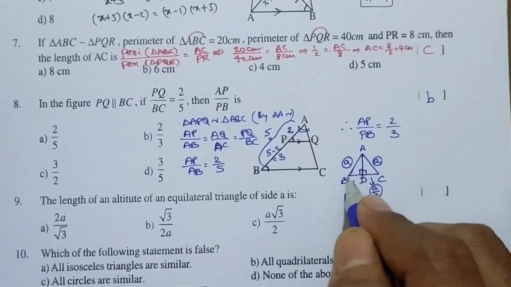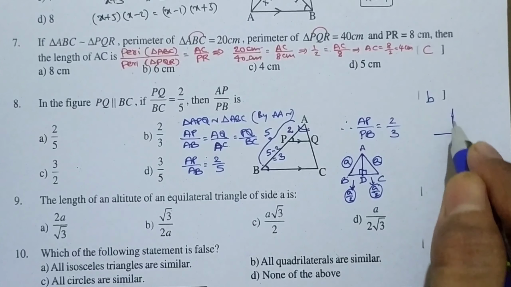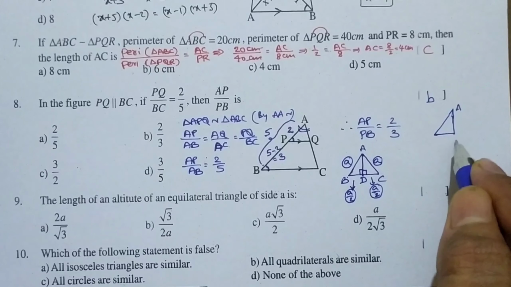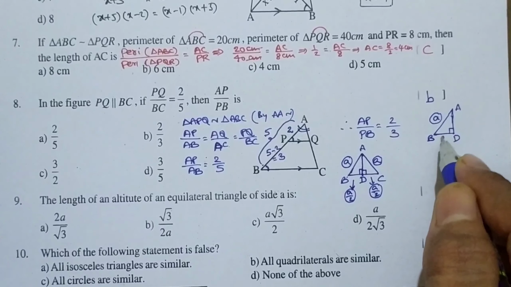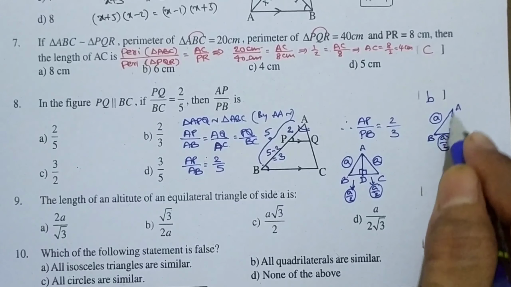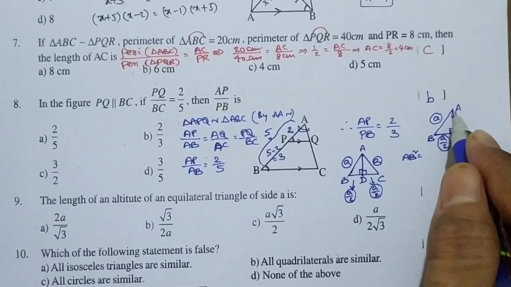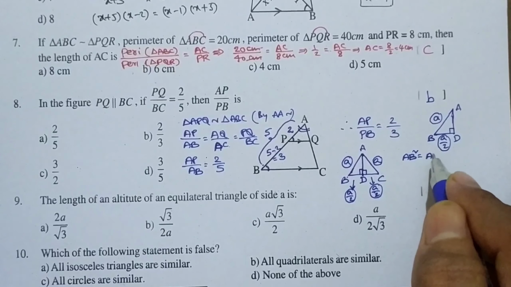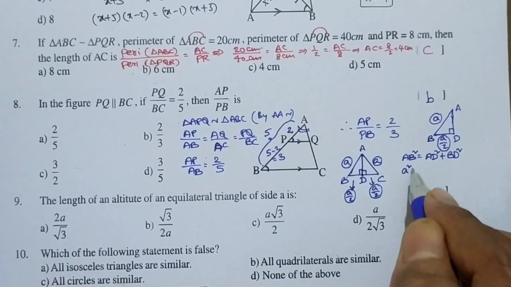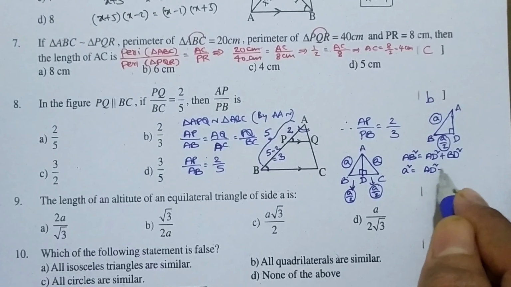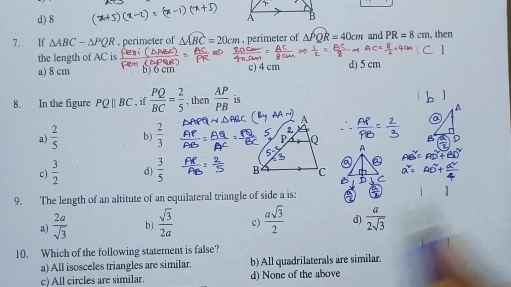Now let us take this triangle ADB. So here I am drawing. Let us consider triangle ADB. Here is A, here is D and here is B. This is A and this is A by 2. Let us apply the Pythagoras theorem, which says that AB square, hypotenuse square, equals the sum of the squares of the other two sides, means AD square plus BD square. Let us substitute the values. AB square is nothing but A square. AD square is what we need to find, and BD square is A by 2 whole square, means A square by 2 square. 2 square is 4.